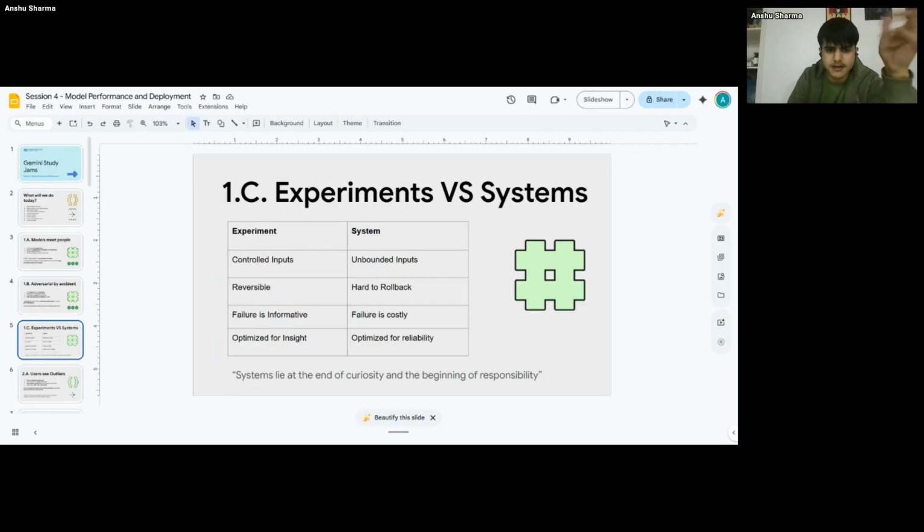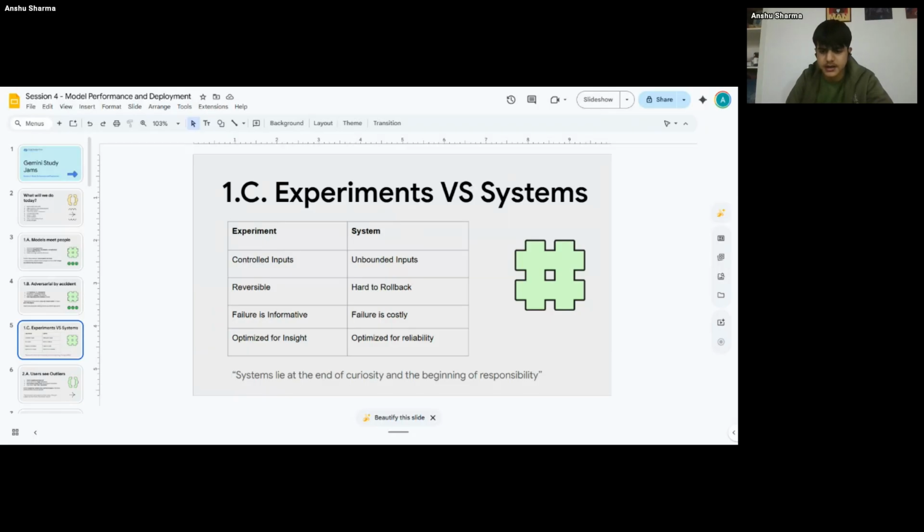And so that leads us to the distinction between what we are doing in our personal computers in collab notebooks, which is an experiment, versus what meets the users, which is a system. So an experiment has controlled inputs and a system has unbounded inputs, right? Anything can be an input. An experiment is reversible, so if we don't like something about the model, we can always retrain it, but that is only until the model has been deployed, because after deployment we cannot change the weights, right? So as an experiment, the mistakes we make are reversible, but in a system it is harder to roll back